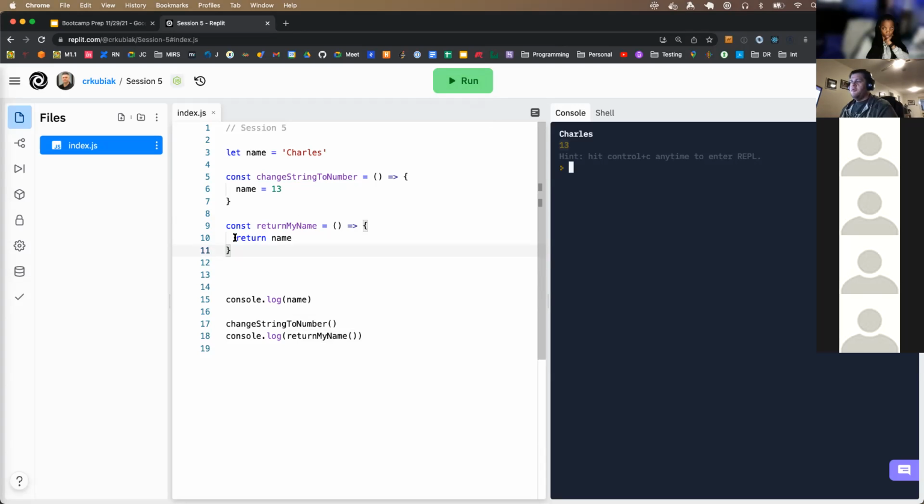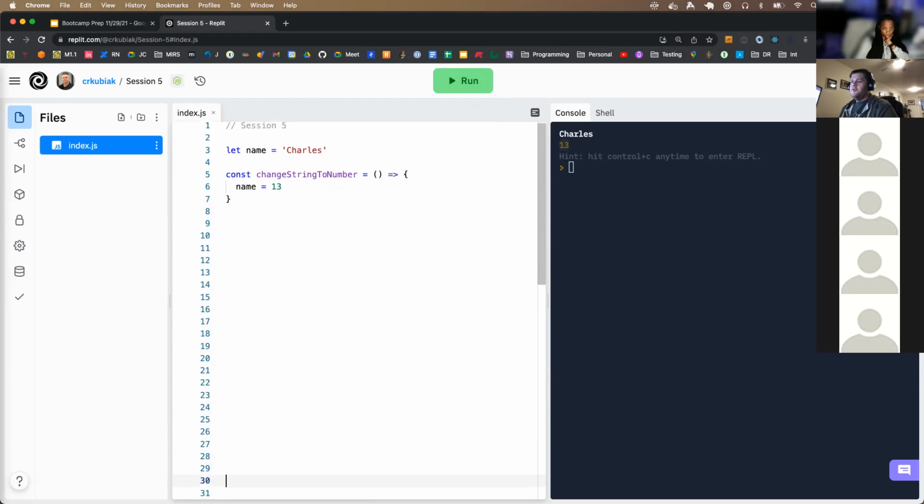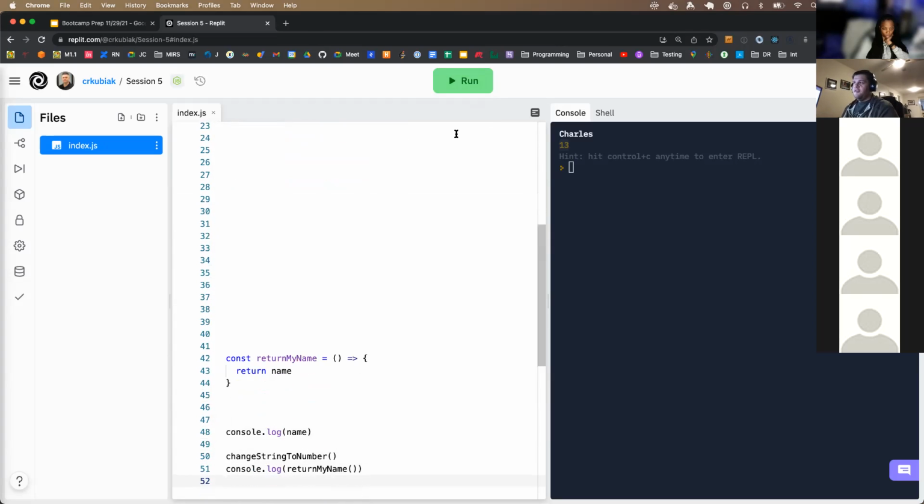Right? I may not know why I'm getting this. And it's pretty obvious because it's right here. But if you came into a piece of code and all you saw was this, and you keep hitting run and you just keep getting 13 over and over again, it can get really confusing. And so that's why we talk about global scope can be useful for passing information around the application, but